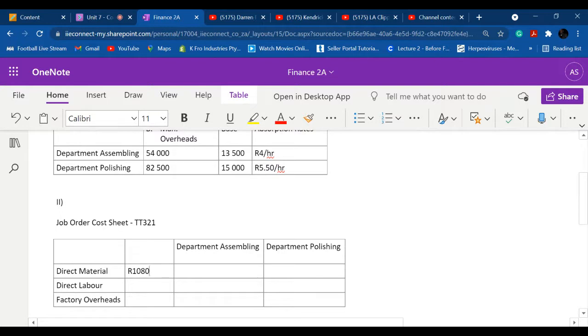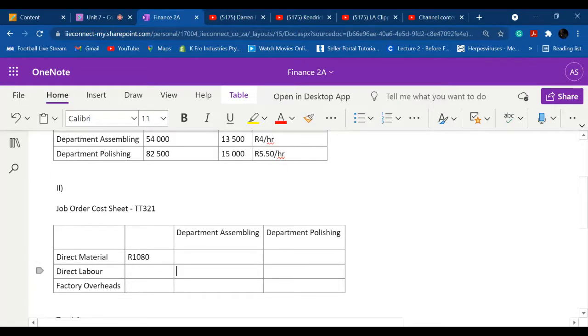Then it says direct labor, department assembling, 27 hours at 5 Rand 25 per hour. Remember, these are actual costs. So again, we want to quickly calculate how much direct labor in the assembling did we use for this job. So 27 times 5.25. I'm getting 141 point